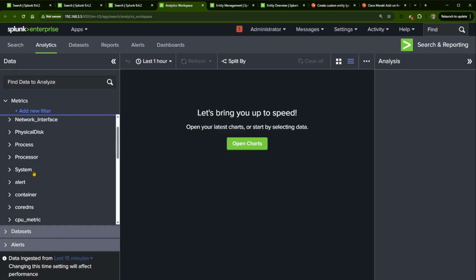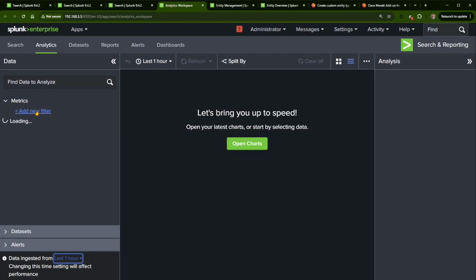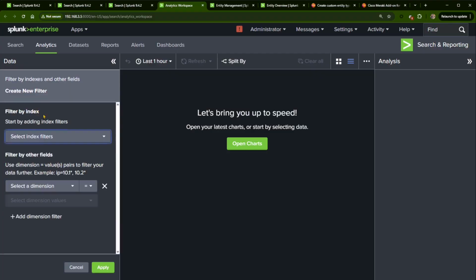Down at the bottom here, this data set is reliant on the last 15 minutes. So I've seen it where I didn't see any data and I was trying to figure out why, and I happened to look down there. I could say, hey, last hour, show me all of the values that are metric names of values, all this information that is available. So now I'm going to say